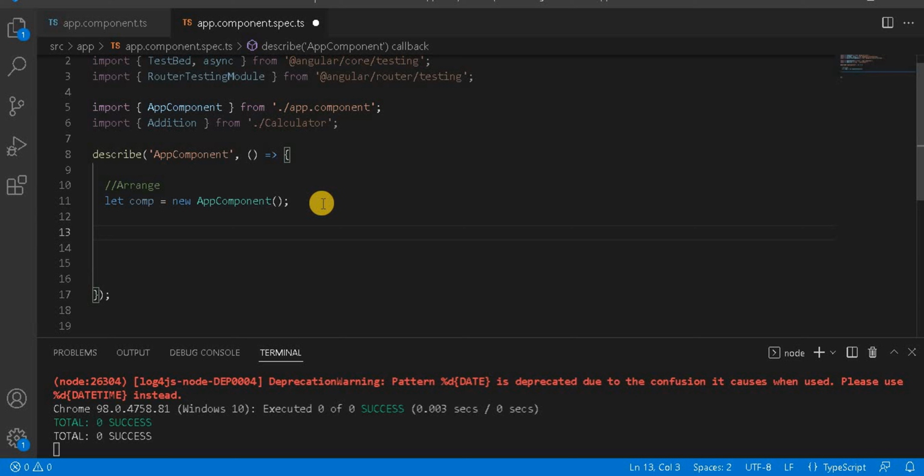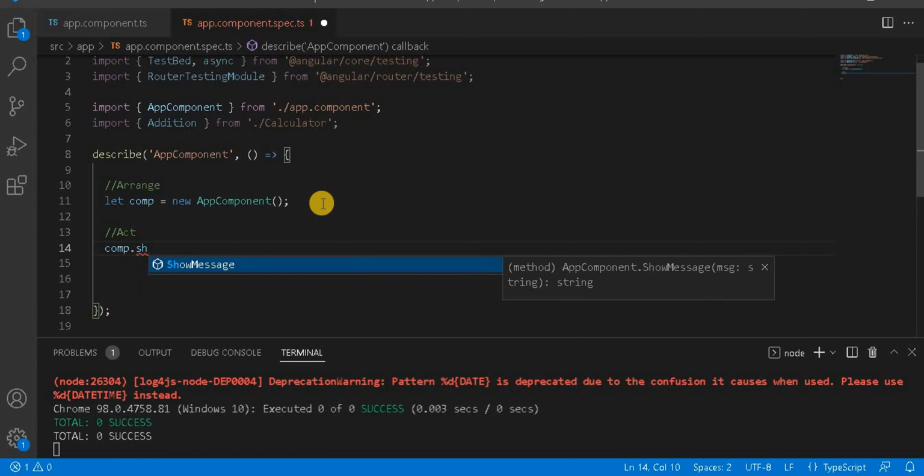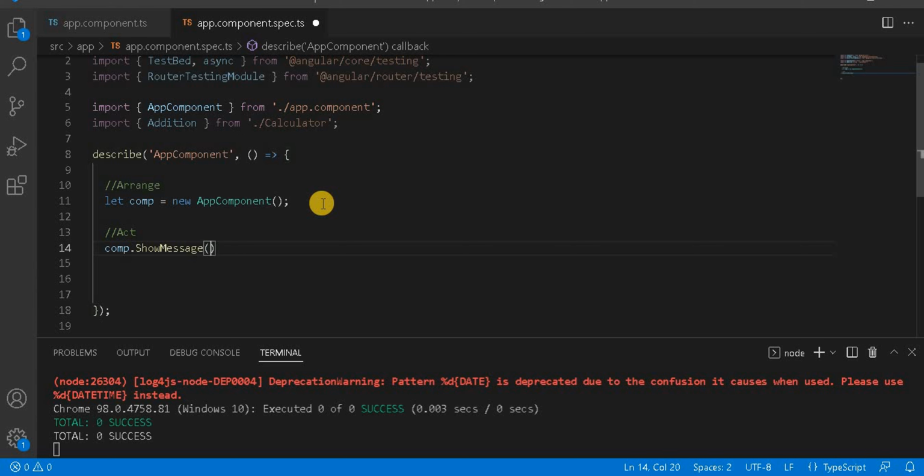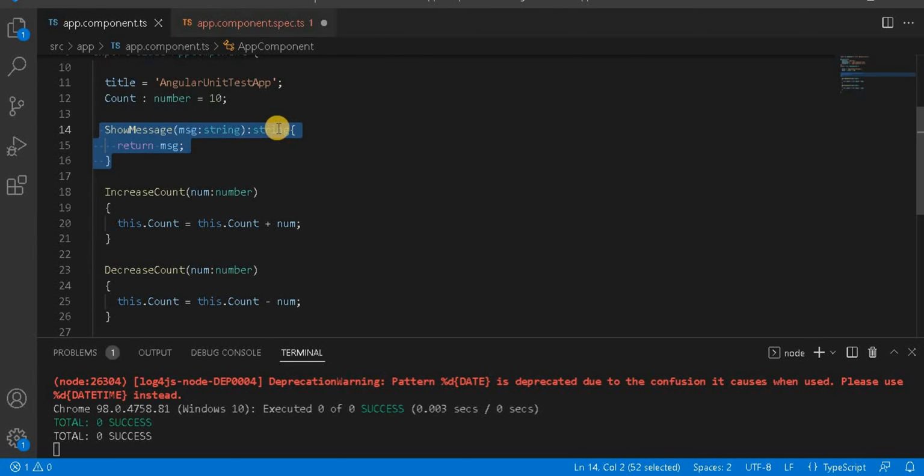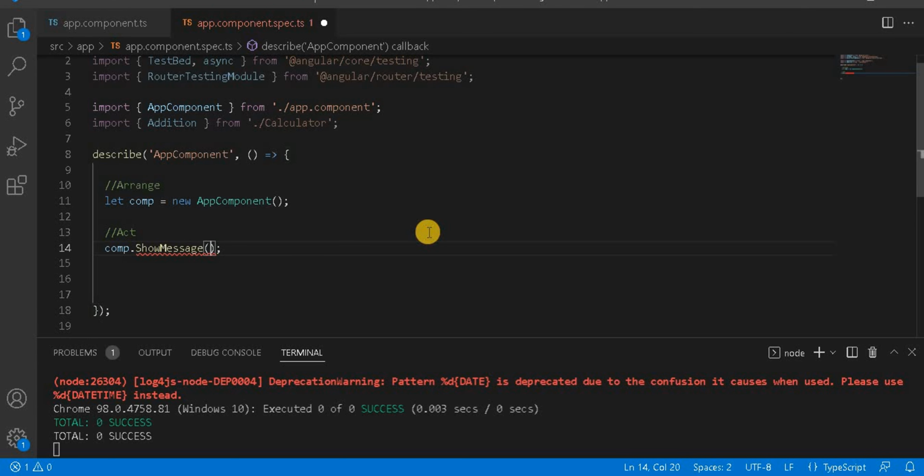Next we have to take the action, and that is called the act. Here we are going to call dot showMessage, which returns a string.